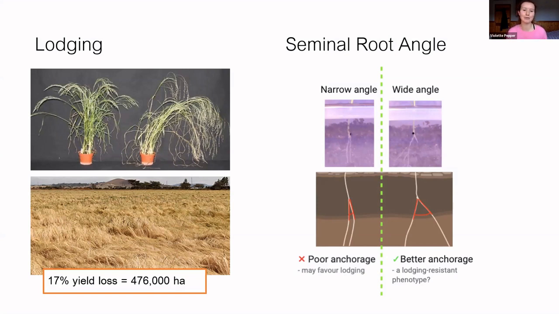On the left here, we've got a diagram of some teff roots which have quite a narrow angle between the seminal roots. And this may mean lodging, because basically it's not as good anchorage as a wider angle, which potentially could mean a lodging-resistant phenotype. However, as I mentioned, it's an orphan crop, so we don't know enough about it yet. We don't know when seminals start developing, how many should grow, how quickly they should grow. So therefore, next slide please,